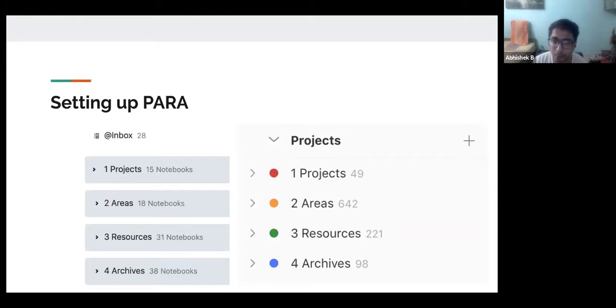Todoist has its own advantages, Evernote has its own advantages, Notion has a different set of features. So how can you create a personal knowledge management system which works for you? And obviously these tools are not working with each other to work in sync. But for us, we have to use all of these tools differently.